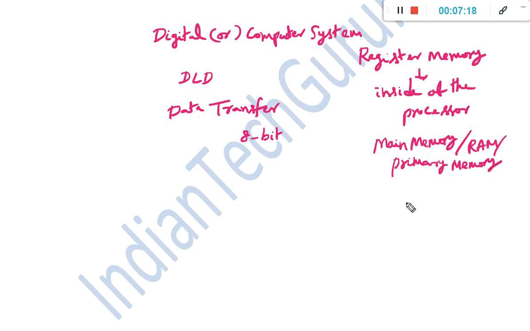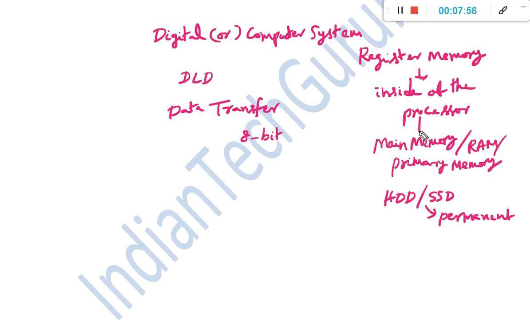In addition to this main memory, RAM, primary memory, we have the hard disk drive, or recently SSD, solid state drive. Even though this hard disk drive or SSD is used for permanent storage, their functionality is different. Inside of the hard disk drive, there will be a disk, whereas SSD is basically manufactured using RAM technology. However, it stores the content permanently.